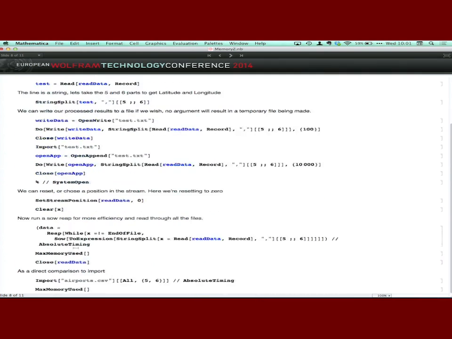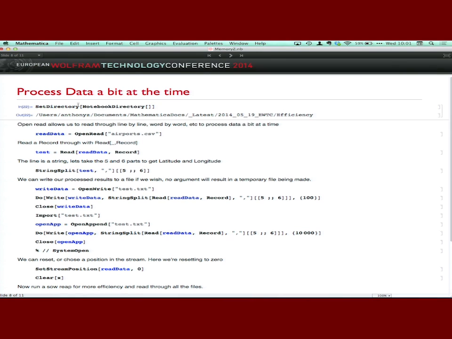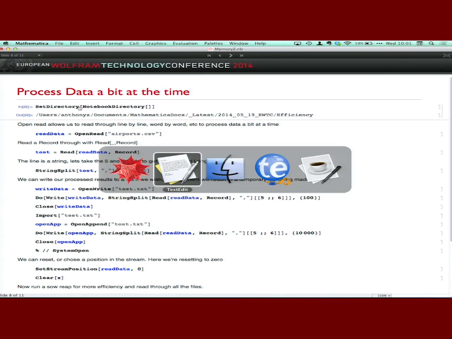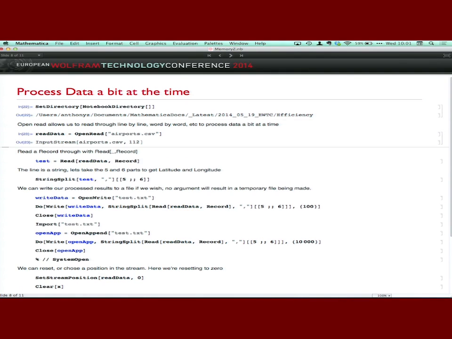So this is something that I think you should be aware of, just so you know, this can actually speed up your processing time quite drastically. So here we arrive, where have I put this? Is this going to work? Yes. So here I am going to set the directory